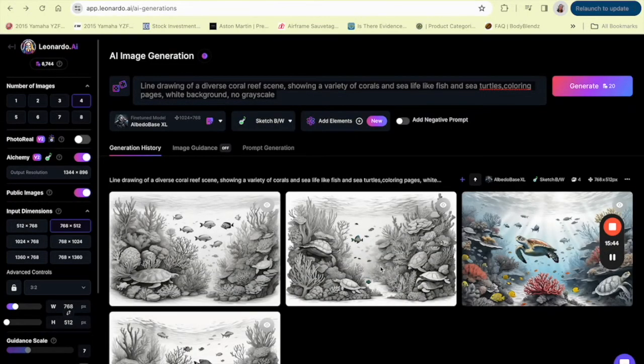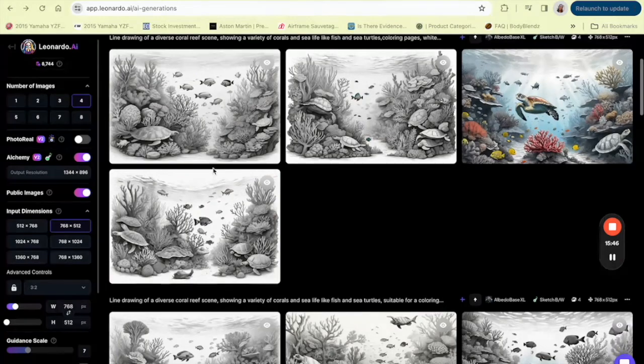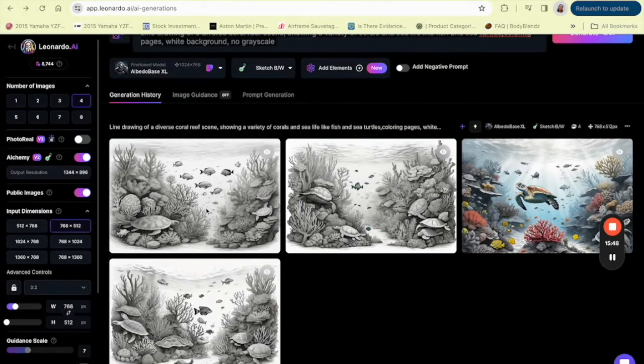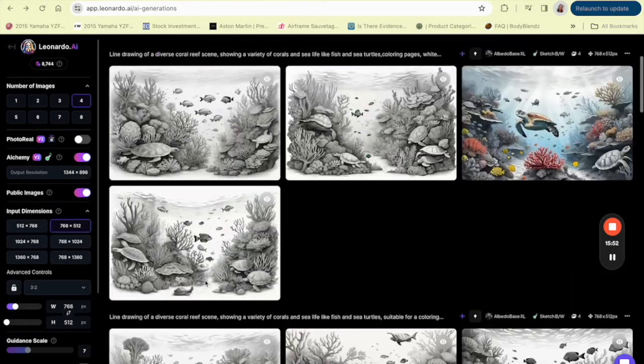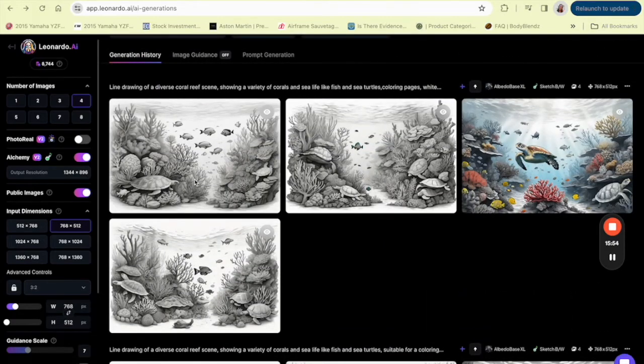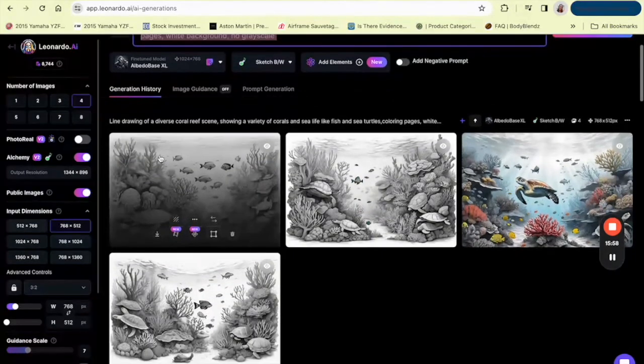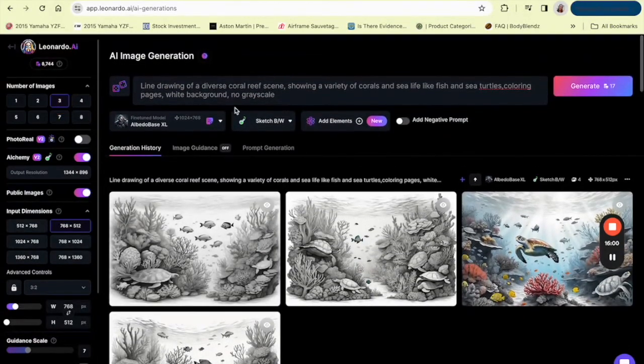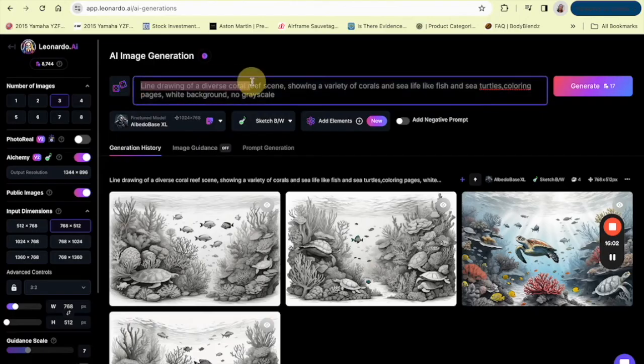So this is what it produced for us. We could probably use the first image. There's a lot of gray in this though, so we could probably only use the first image out of the 4. So I'm gonna go back to 3, and I am going to change up the